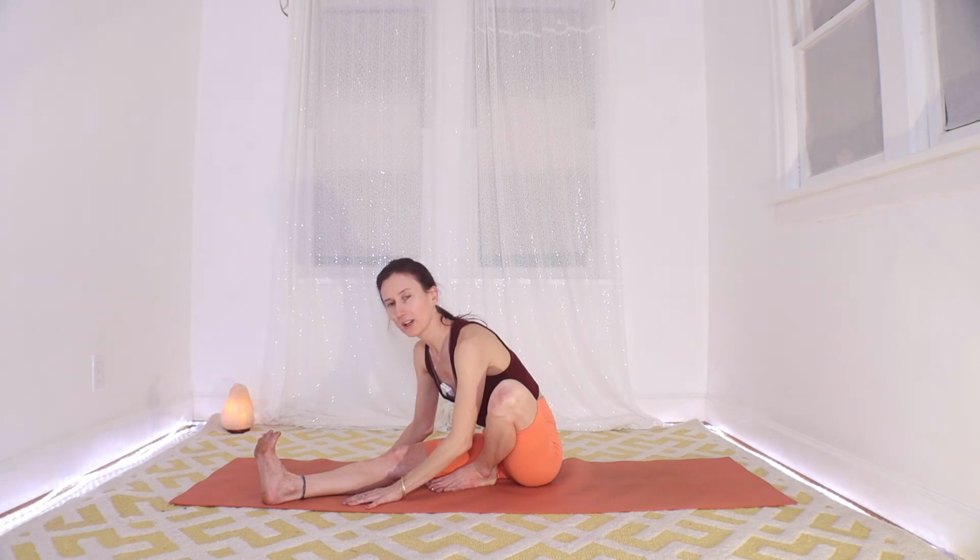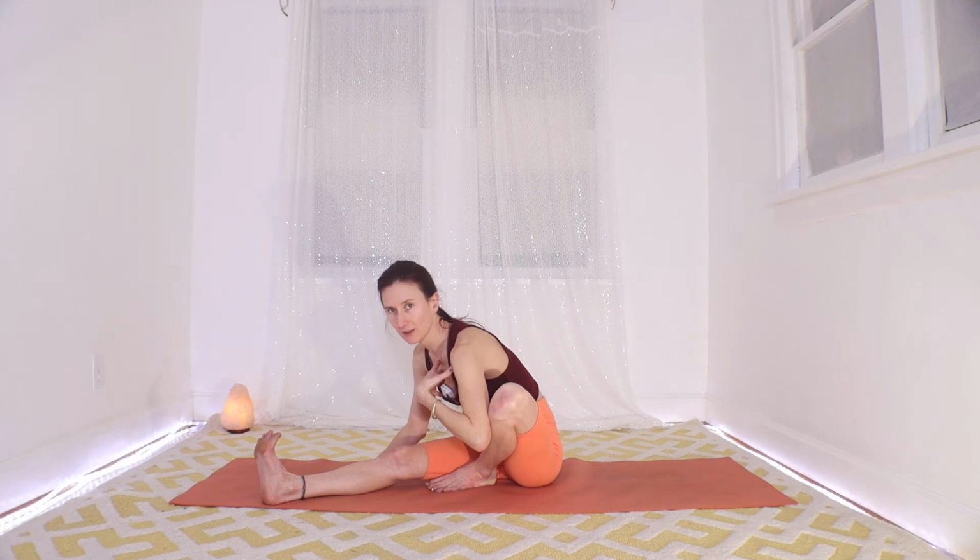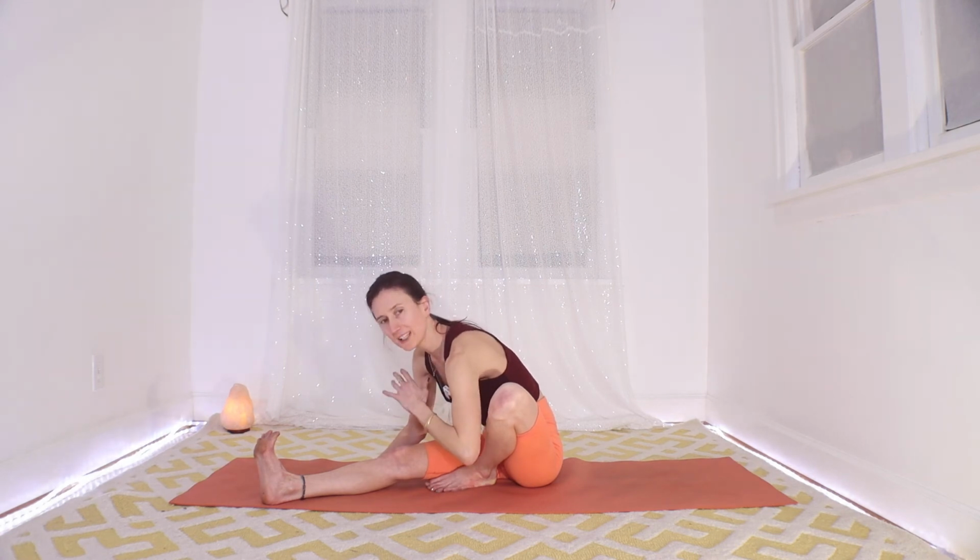Now here's where we're gonna go a little different. Move your left elbow to be a chicken wing and see if you could tuck the left elbow in front of the left knee, okay? And this might be where you just wanna stay and practice tucking the elbow in front of the knee. Feel free to stay right here. It's still an effective posture. If it's easy for you to tuck the elbow in front of the knee,